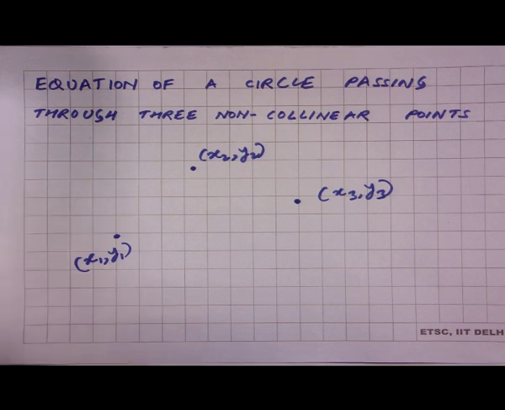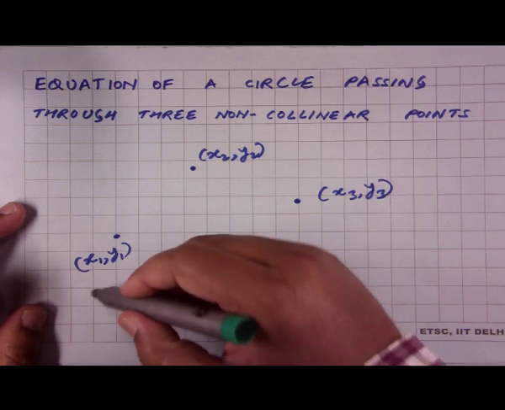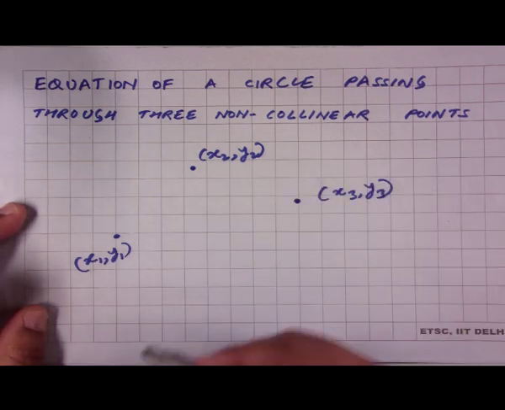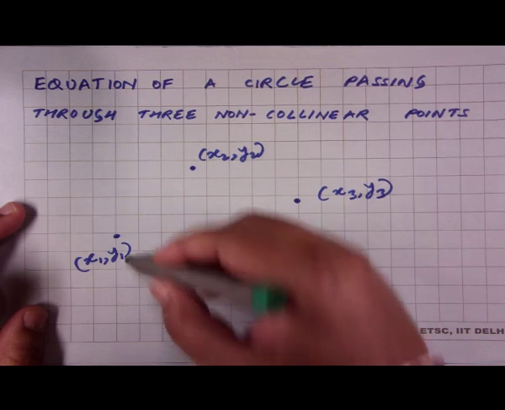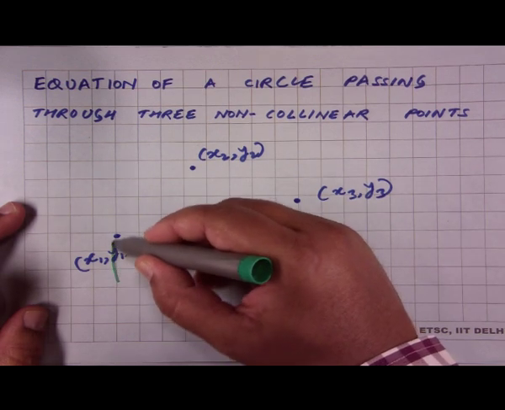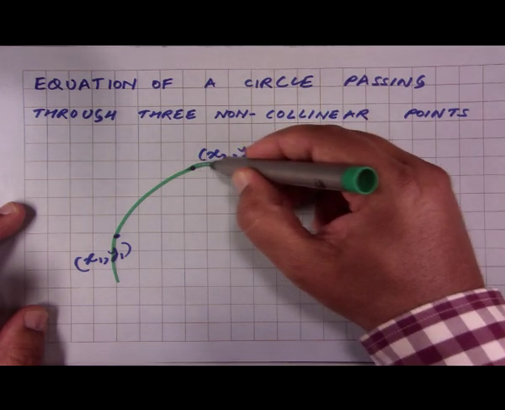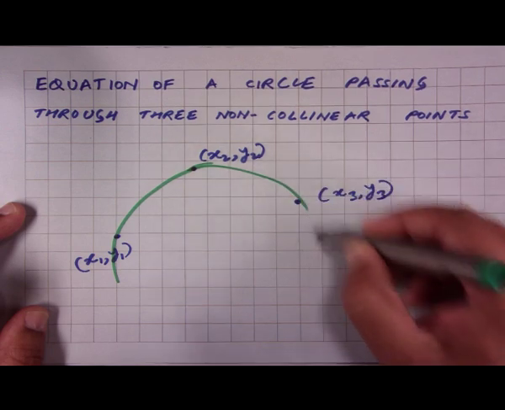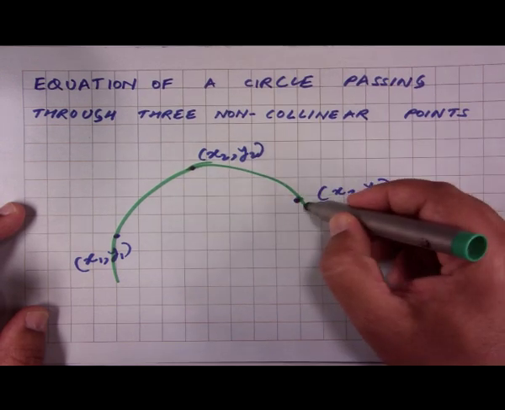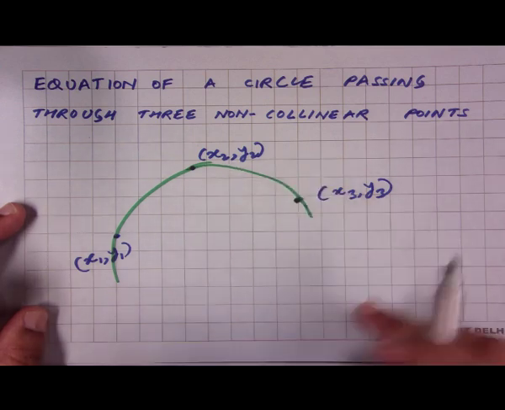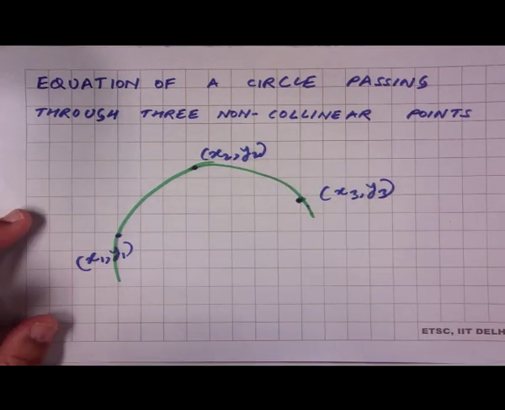So, if there is a circle which passes through all these 3 points, so suppose there is a circle like this which passes through these 3 points,